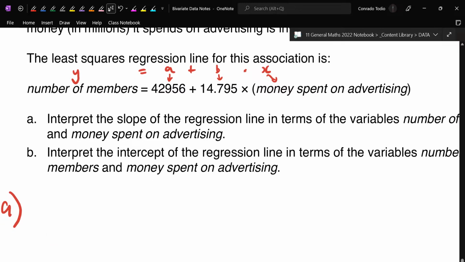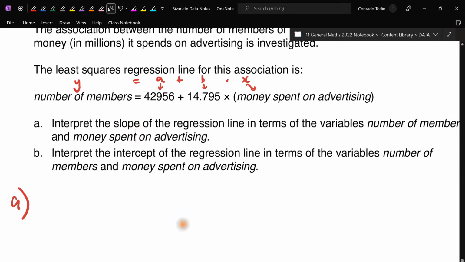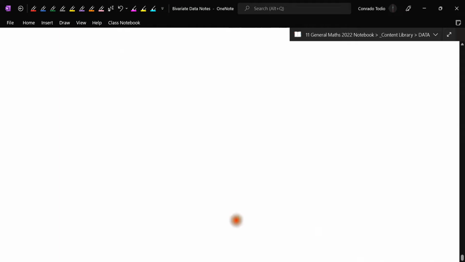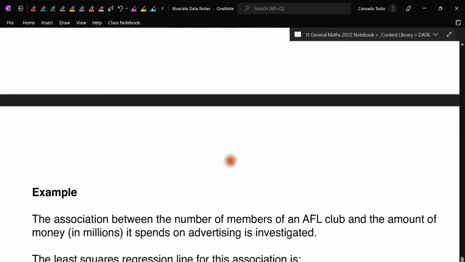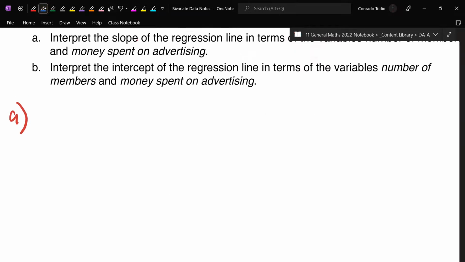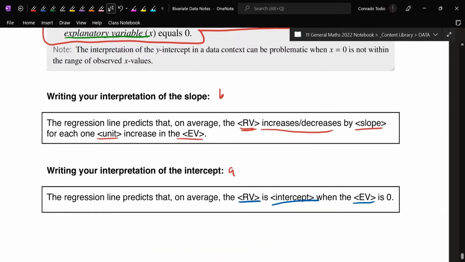So in terms of interpreting the slope, we're going to interpret the B value for now. So look at the sentence that we've used in the past. For the slope, the regression line predicts that. So let's start with that. You have to write your answer like that. So copying the sentence: the regression line predicts that on average the